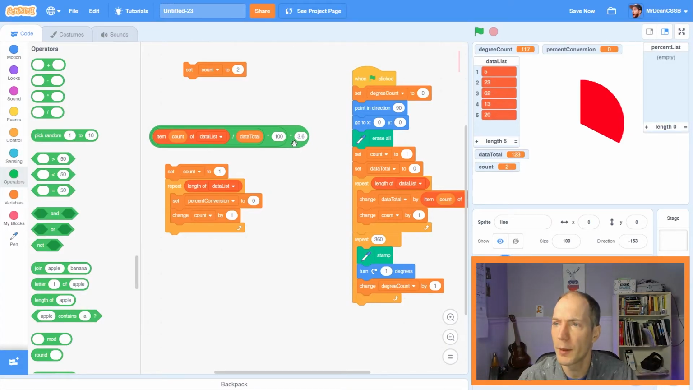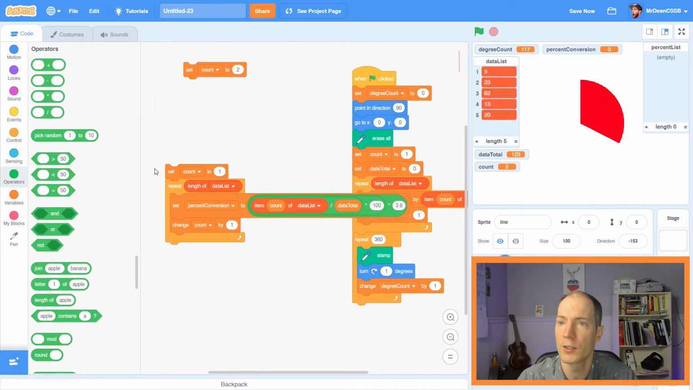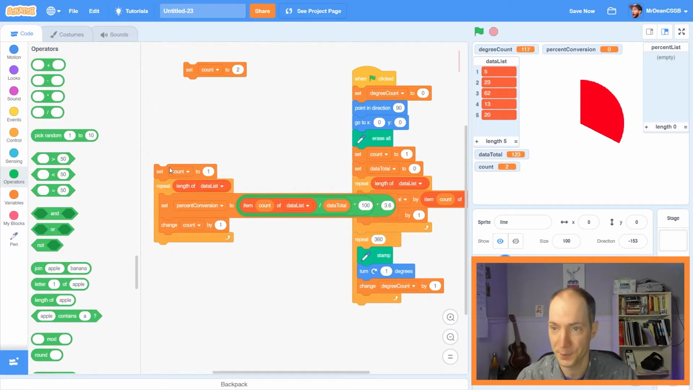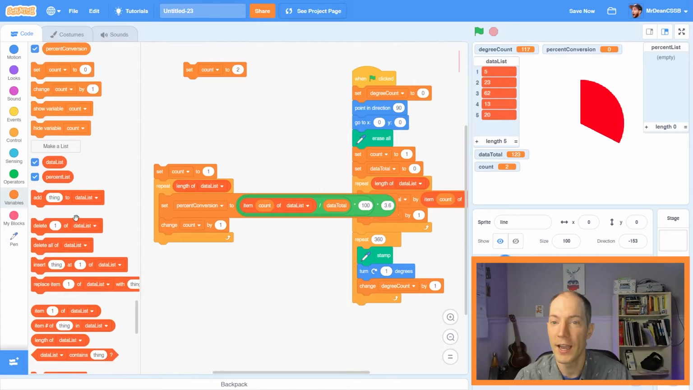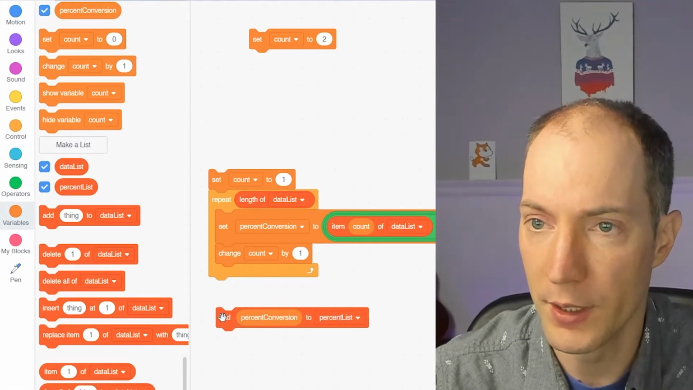So here's the most complicated part of this. We have an item count of data list divided by data total inside a times 100 inside a times 3.6. If you put this into our set of our percent conversion, we have what we need to make our percent list. But we need to export this into the percent list. So go to variables and we say add. Drag out an add thing, change data list to percent list,